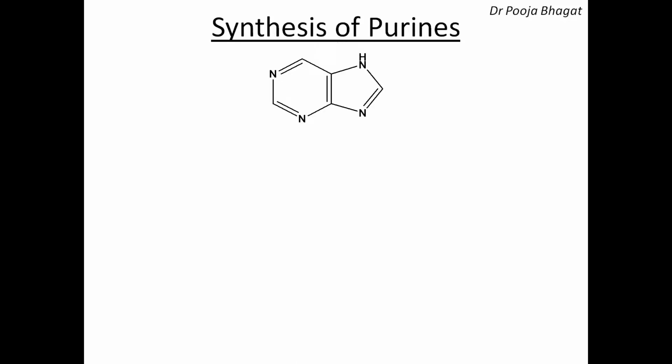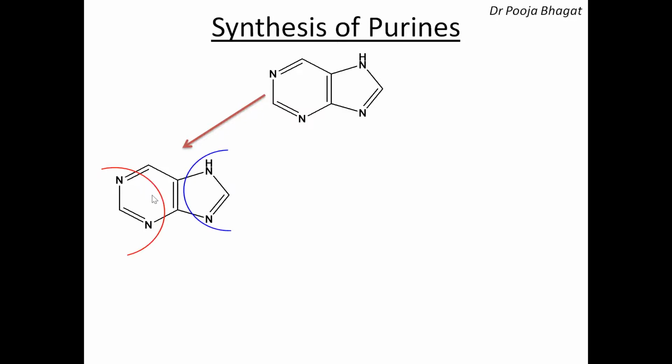So how can we synthesize a purine? To decide the strategy, we will start with this molecule and consider the various possibilities. Now you draw this purine ring and see. We can cleave the molecule from here, and from here. This is retrosynthesis. We know that we have to synthesize this molecule, so what should be the starting material to get the purine ring? So we will divide the molecule and do the cleavage at these positions.